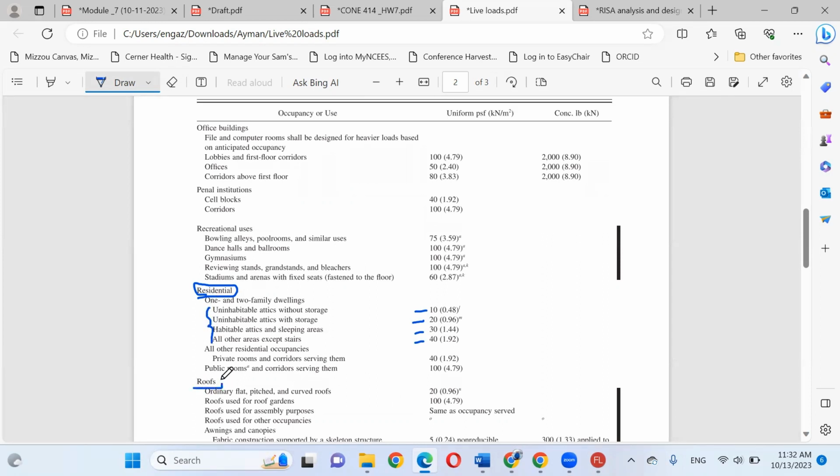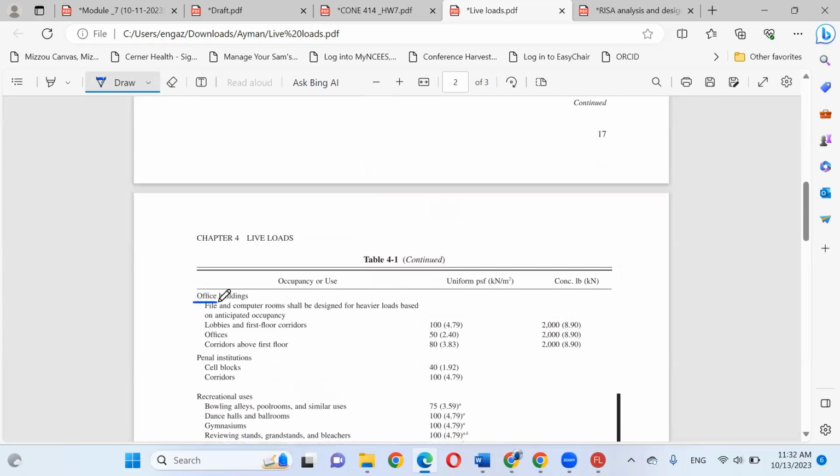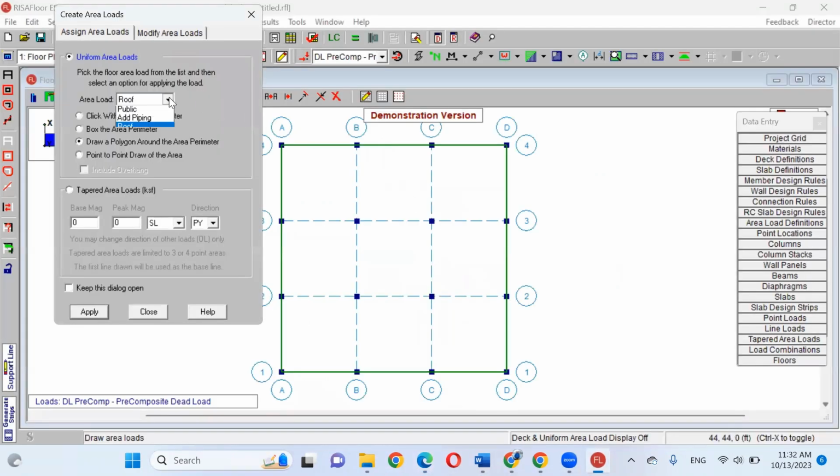If you have roofs, we have values for the live load. You can access, you cannot access, you can put something on the roof, you cannot. So we can find out the live load. If you have an office building, we can define which value of the live load. So once you select the function of your building, RISA can define the live load.